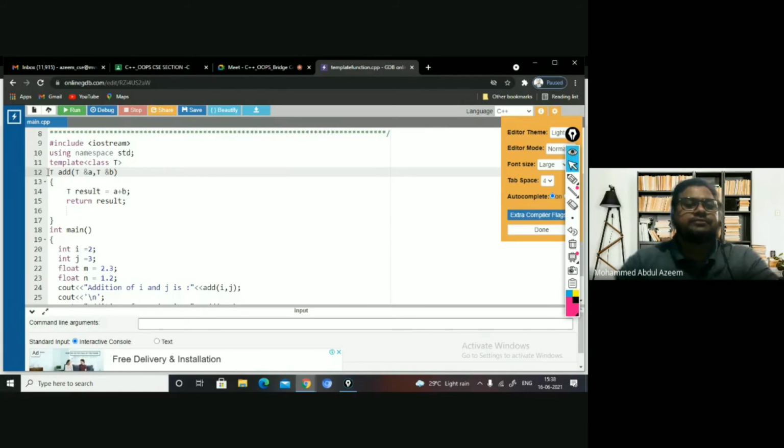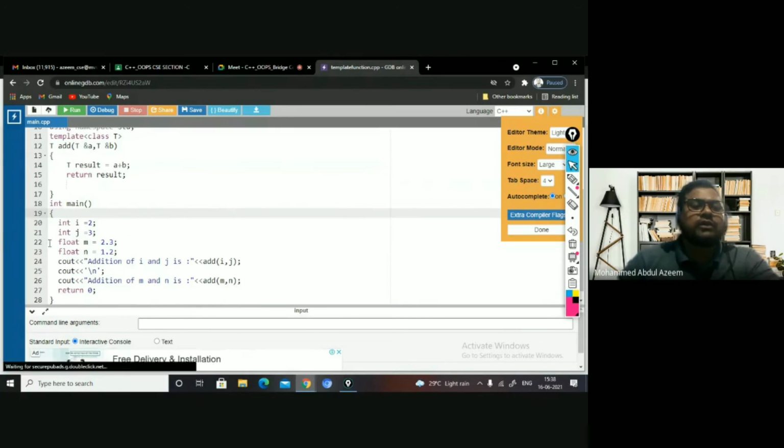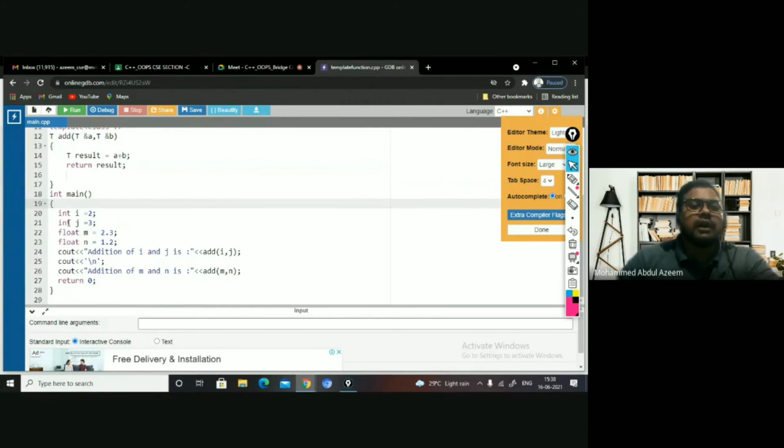This function add is taking two arguments, A and B, right? Both are of type T. So it is going to add these two arguments A plus B, and the result which you get out of it is of course type T, which is written here, right? Now you can see in the main function, I am implementing it for integer kind here.